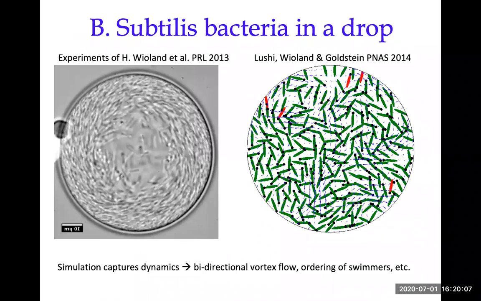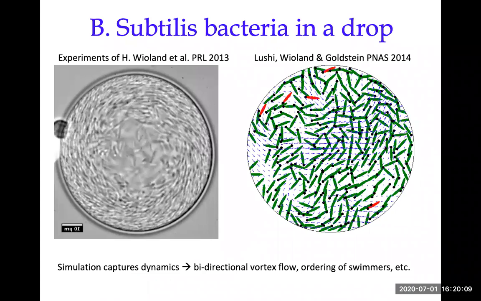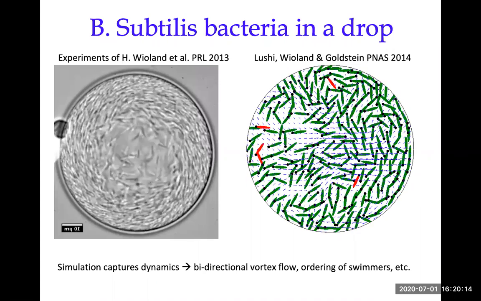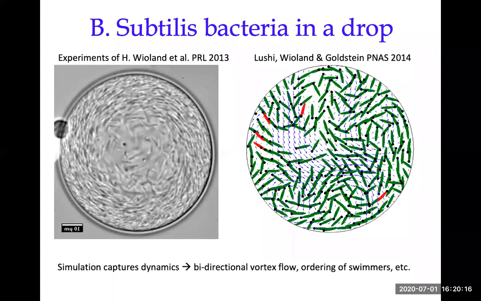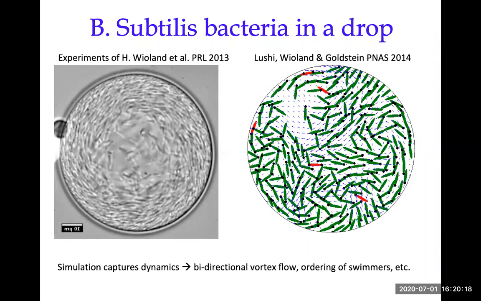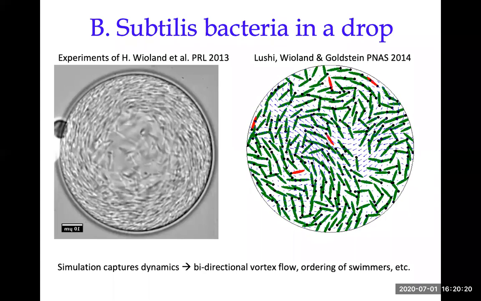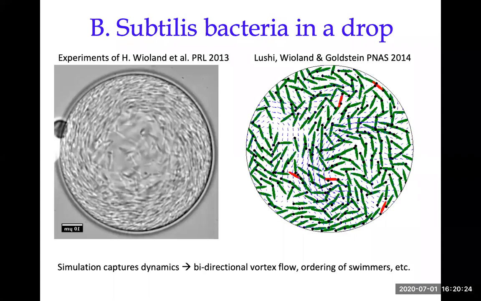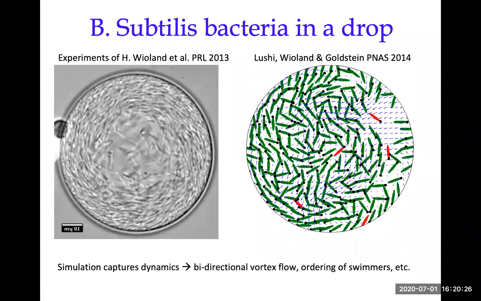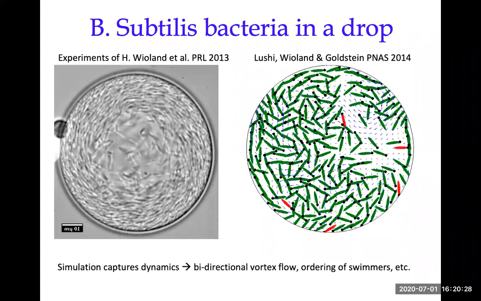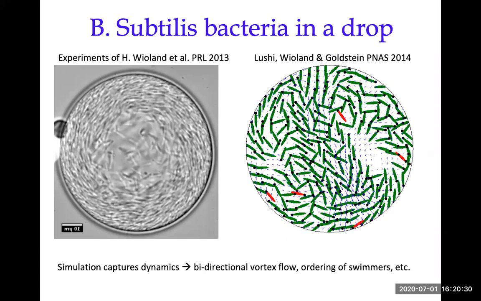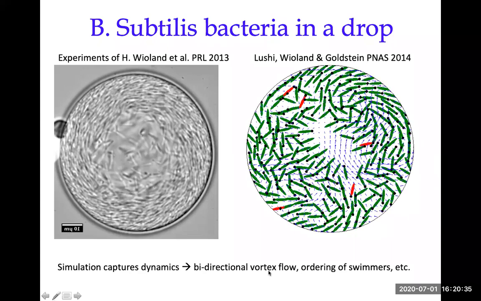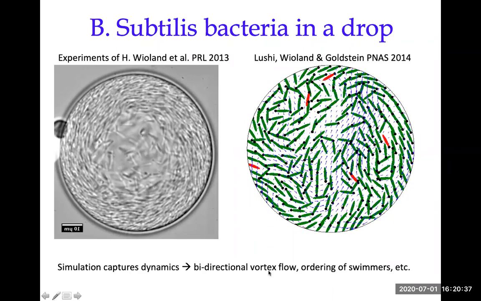So what happens if you have a lot more of these? And this was not immediately trivial when we tried this work, because the consensus was that it's very dense and the fluid flows are probably screened and should not matter. This was the first experiment, a numerical experiment, to look at this. So we put a dense enough suspension in a drop, a 2D drop, and we let this go.